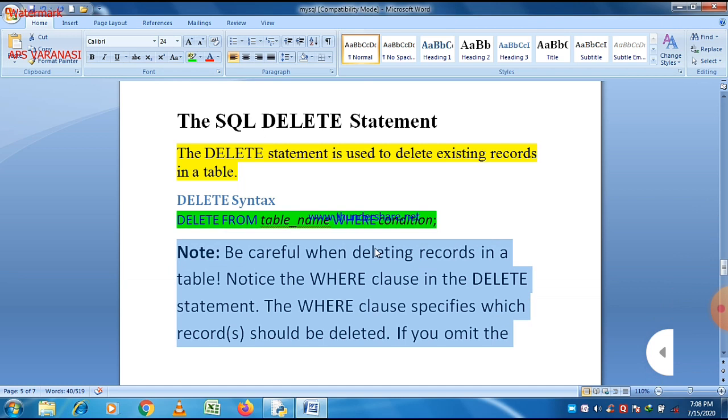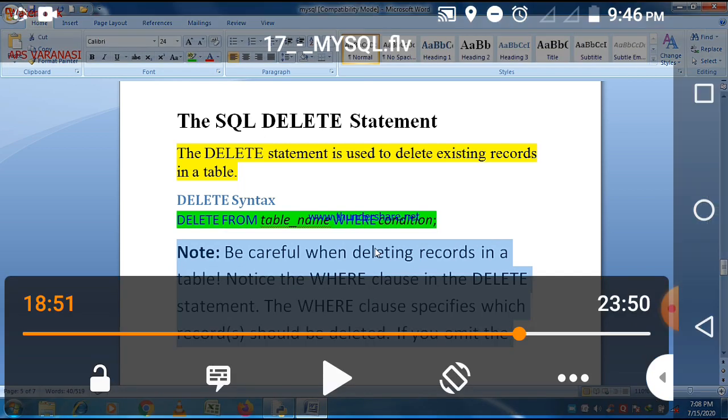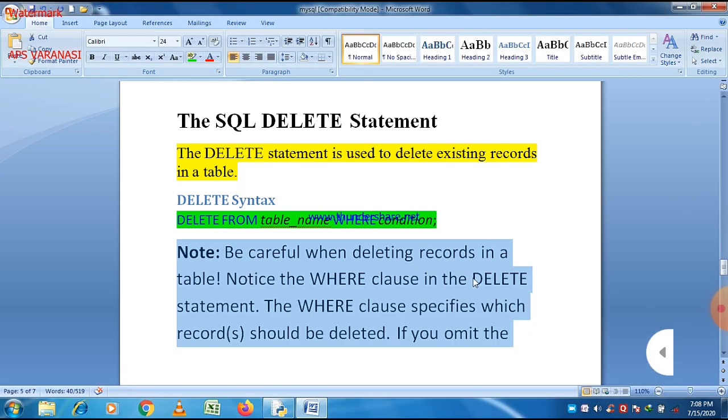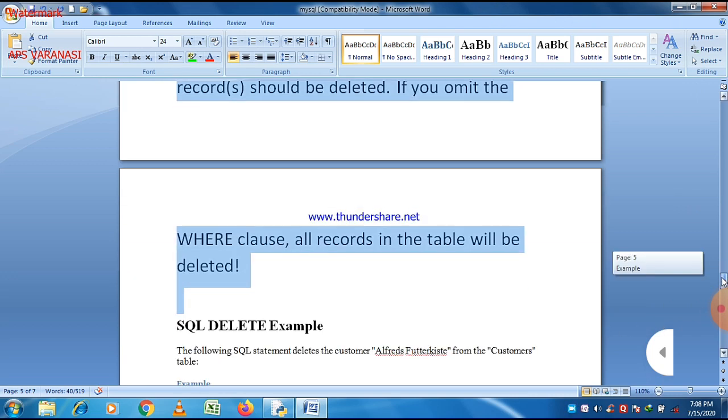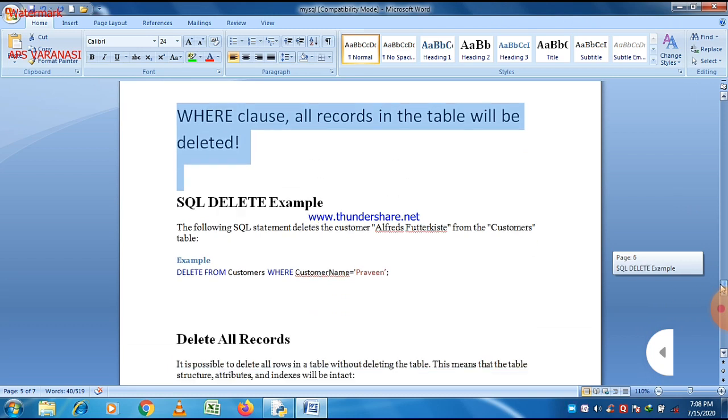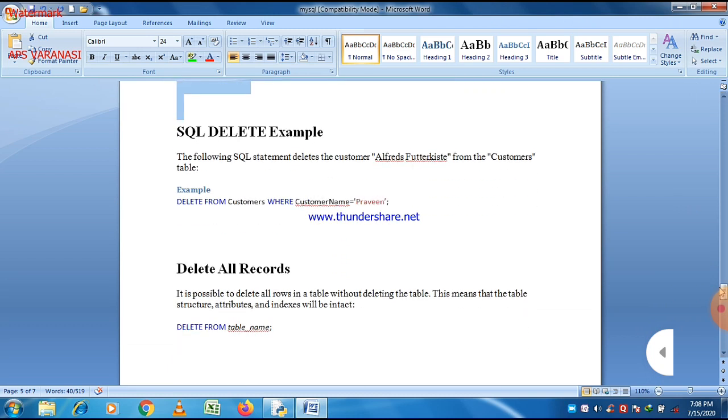So here is a small example that is given here. You can see that delete is used to delete existing records in a table, and the syntax is delete from table name, and after that where, and the matching data will be deleted. So here is a SQL delete example.